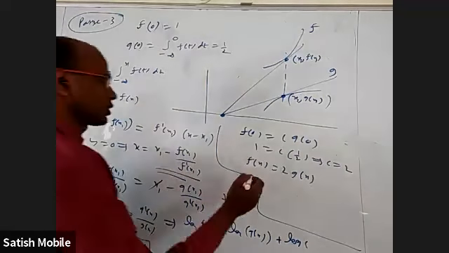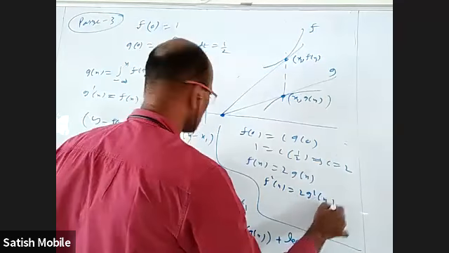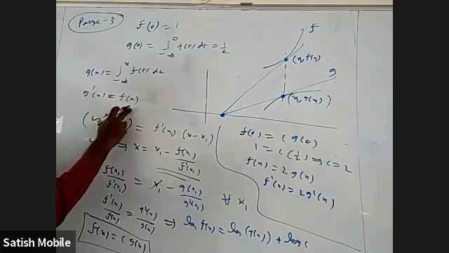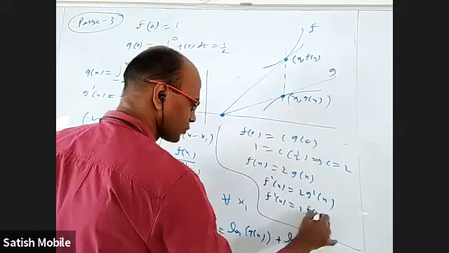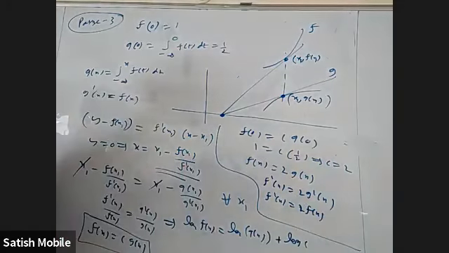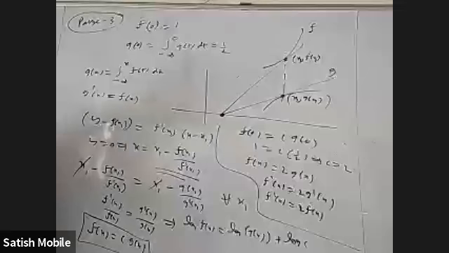So I'm going to differentiate on both sides. f dash x is equal to 2 times g dash x, and I know what g dash x is. g dash x is f of x. So f dash x is 2 f of x. Bring this f of x down and integrate it. Anyway, you write up to here, then I'll continue from there.